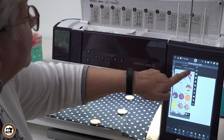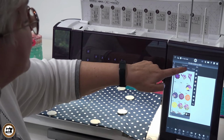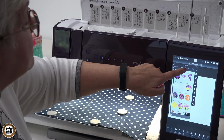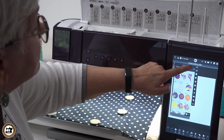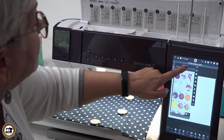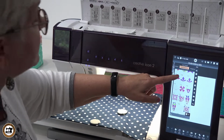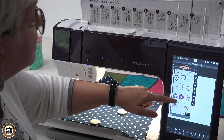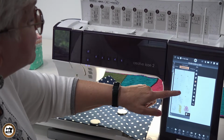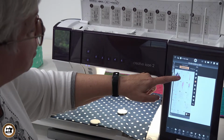We have frames and borders, this and that, holiday, children's, quilts, kitchen designs, and mini designs. Okay, I'm going to go back to the Pfaff exclusives, and under here I'm going to go to the top so that you can see some of these different designs. These designs, when they embroider out, they're just exquisite. Okay, so we're going to just scroll down